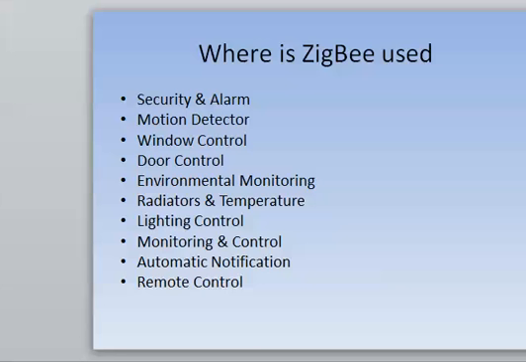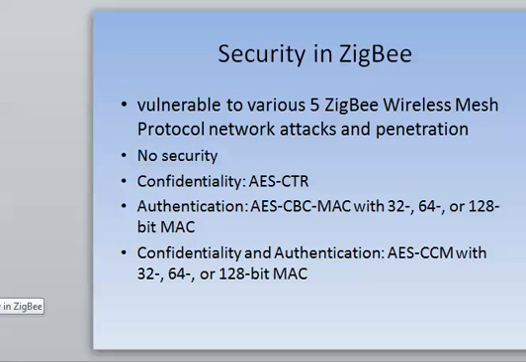At the end, I'm going to talk briefly about some of the security issues that ZigBee faces. It's pretty much close to a wireless router, but it's much weaker on security. It's vulnerable to various ZigBee wireless mesh protocol network attacks and penetration. Here are the security options that it asks you when you install that service. You can set it up with no security, with confidentiality or authentication, or with both